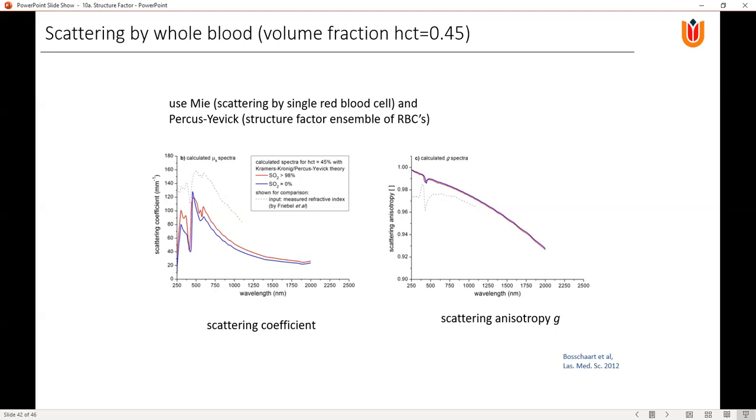So where does hemoglobin absorb efficiently? If you now look at the graph of the scattering, what do you notice in that range? Oxygenated blood absorbs more than the other in that range. Yeah, so that's